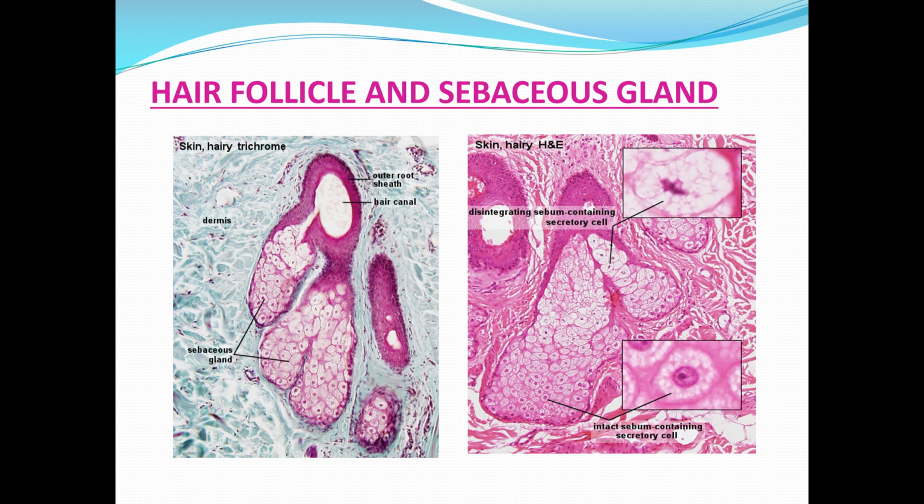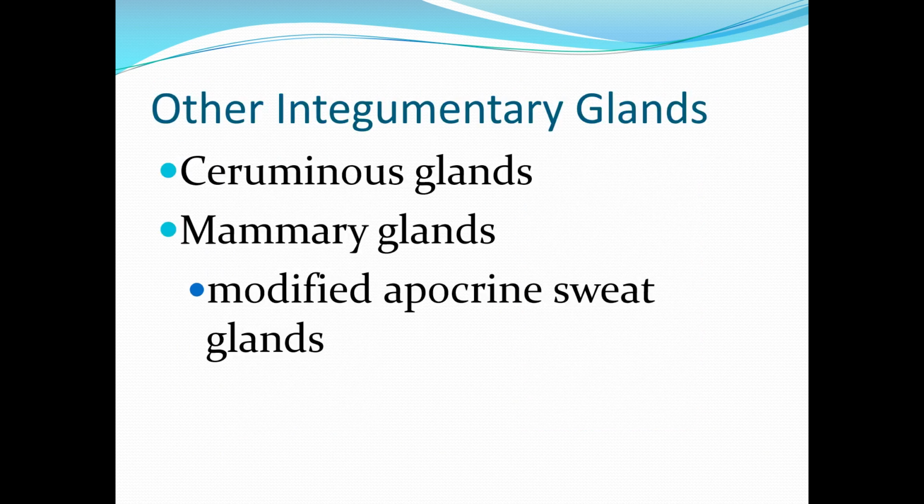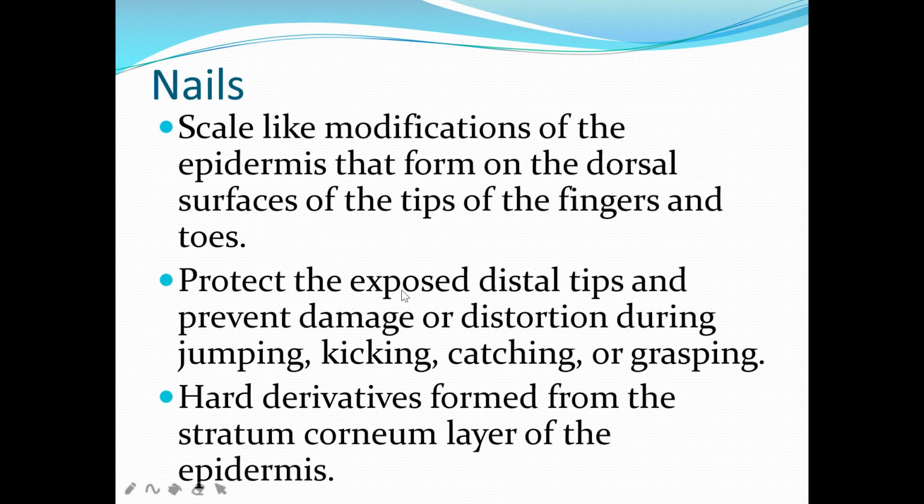It shows a foamy appearance. The secretion of the secretory cells accumulates as sebum, and during this process these cells undergo apoptosis and the entire dead cell debris and the lipid get secreted into the duct as sebum, which is oily, and this is called holocrine secretion. The sebaceous gland produces cathelicidin and beta defensin that improve the water barrier function of the skin. Other integumentary glands are the ceruminous, Montgomery, mammary gland and the modified apocrine gland.